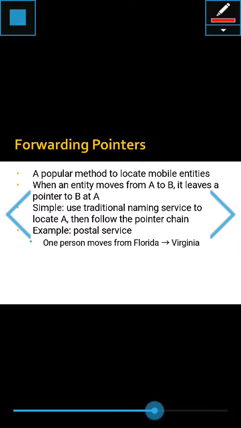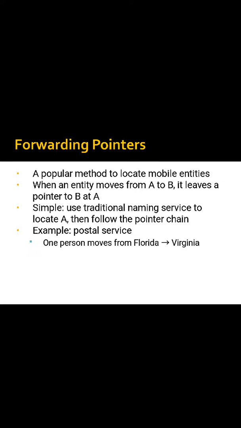The next is forwarding pointers. A forwarding pointer is a popular method to locate mobile entities. Whenever an entity moves from A to B, it leaves a pointer to B at A, like a link. It is simple: use a traditional naming service to locate A and then follow the pointer chain. An example is the postal service. If one person moves from Florida to Virginia,